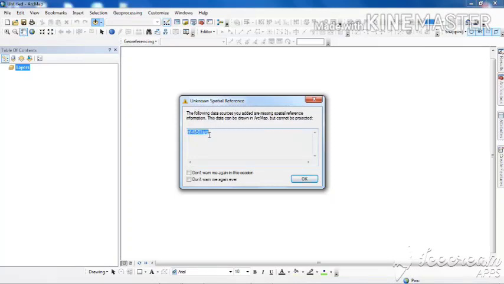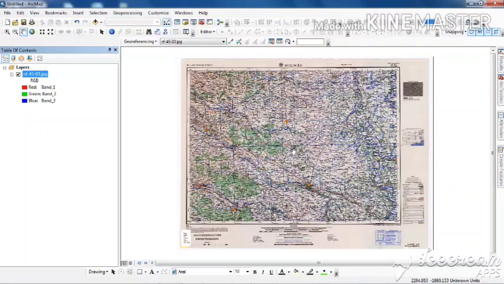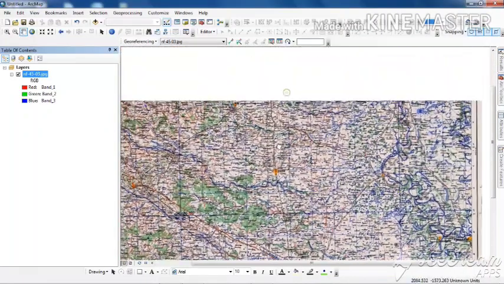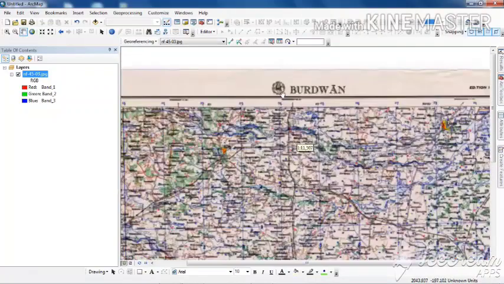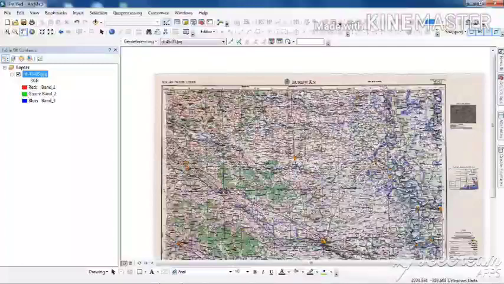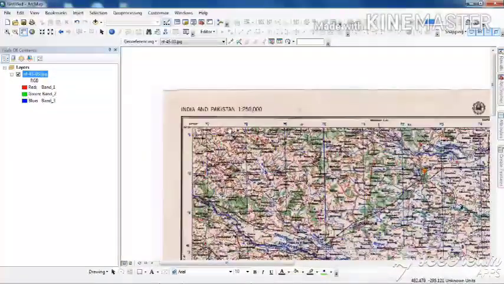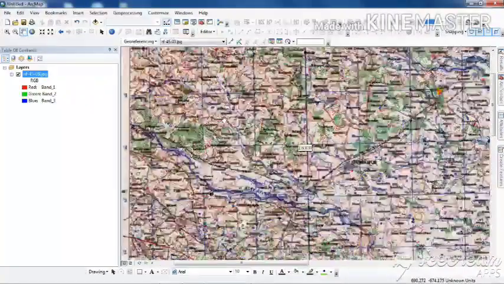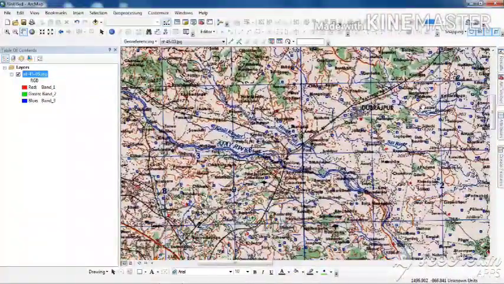It means that this imagery does not contain any georeferencing. Here you see the imagery that I have taken. This is of the Bardhaman district of West Bengal, and it encompasses not only Bardhaman but also certain parts of the Jharkhand district, as well as the Birbhum district.